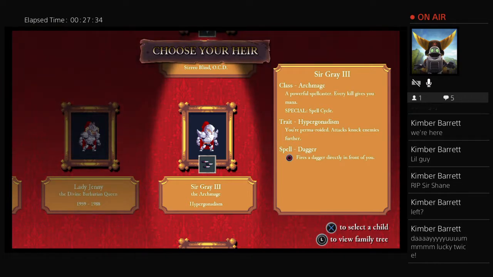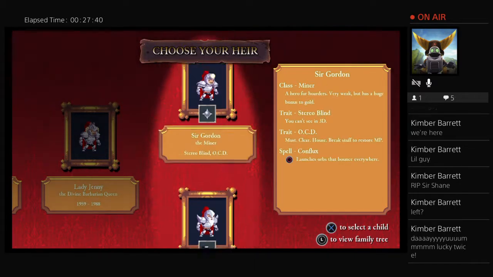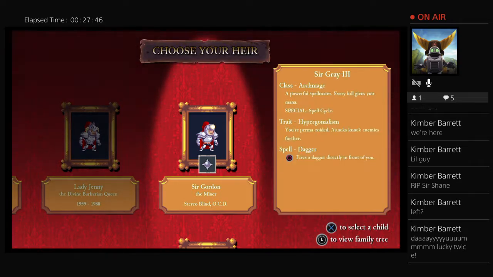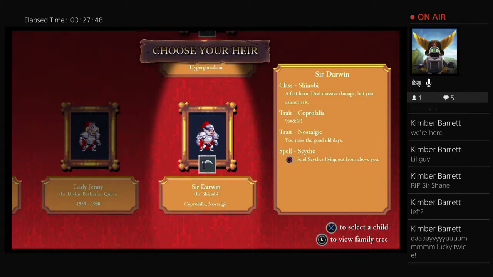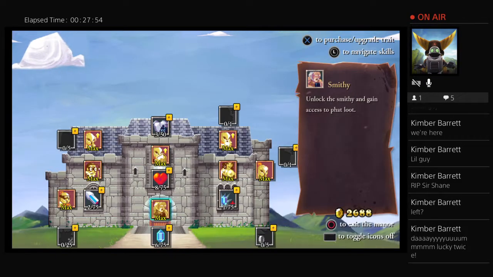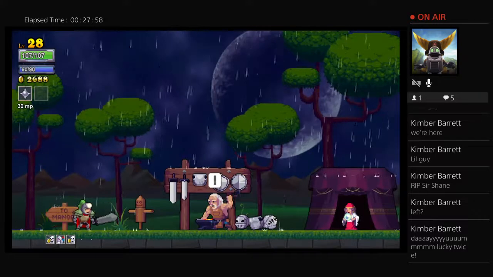Alright, see who they're giving us this time. We have an Archmage, who has hypergonadism. A miner, ooh, you can't see in 3D, break stuff. And then a shinobi. Well, we've never played a miner before, so we're gonna play that. And we're going to spend some cash. First of all, we're going to